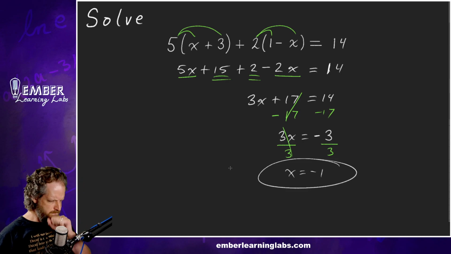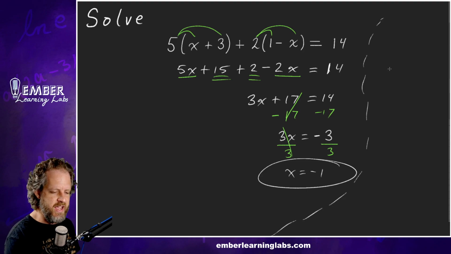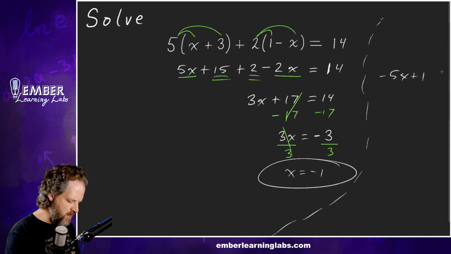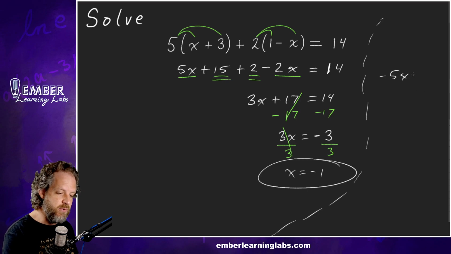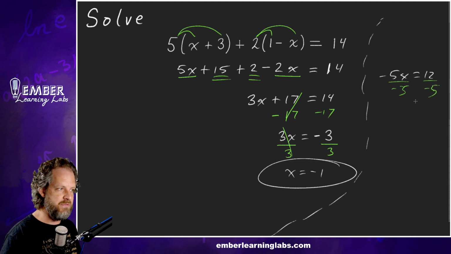Now, it's worth noting in this Algebra 2 class, if you end up with something like negative 5x equals 12, and then we're dividing by negative 5, that cancels. At this point in an Algebra 2 class, I am totally fine with, and this has been true for a little while in my math classes, but for those of you who are new to me,